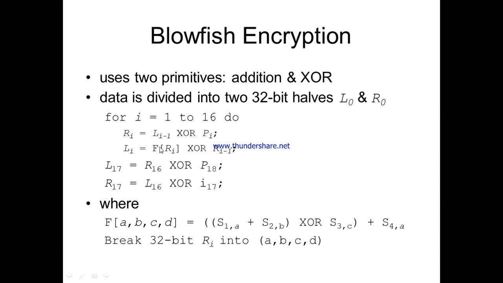And coming to the function, what is the function? That is the round function. How is it performed? Whatever the input is, this is the Ri input. Ri input is divided into 4 parts, and that will be given as the input to this F, and we are going to perform the operation. The 32-bit Ri is divided into 4 parts, so each one will have 8 bits. Then for the 8 bits we use Si comma 1 comma A.